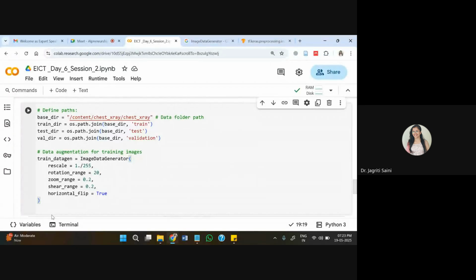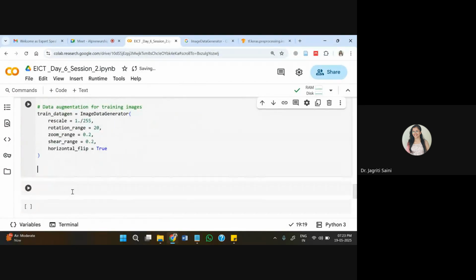For some datasets, like human images or animal images, flipping goes bad because that completely changes the meaning of the picture. But with X-ray images, flipping works fine. There is no issue with that, because X-rays can be seen from different angles also. So this augmentation process I have created here is for the training images.